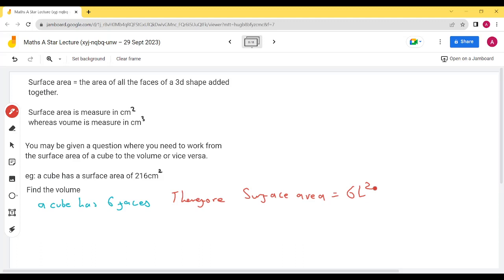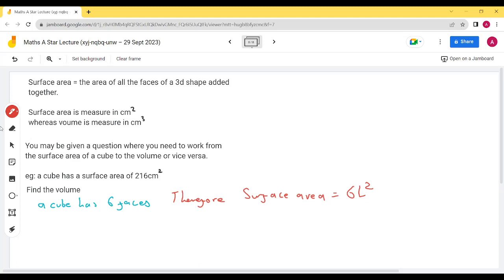Just like the volume of a cube is a length cubed, hence it's called a cube number. Say you have a square of 4 centimeters, the area is 4 times 4 is 16 centimeters squared. The volume will be 4 times 4 times 4 is 64 centimeters cubed. But the surface area is the area of one face times 6, because there's 6 faces,